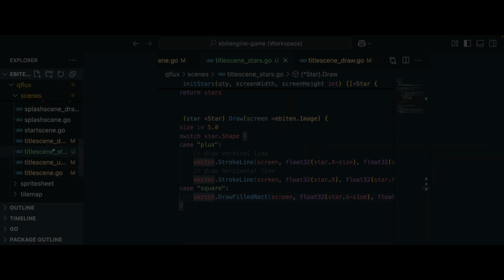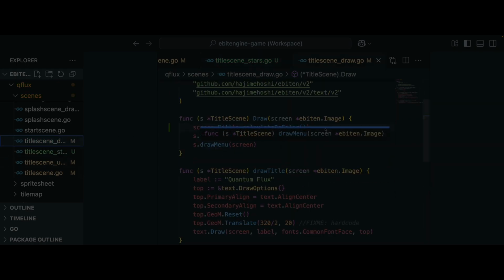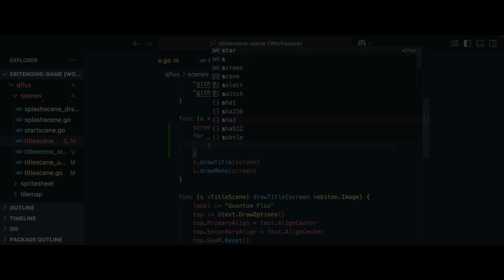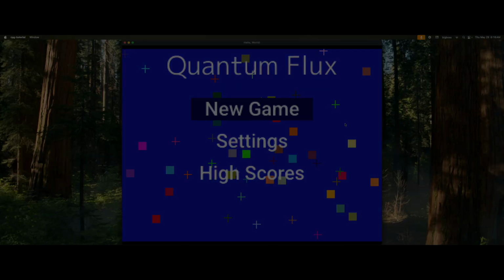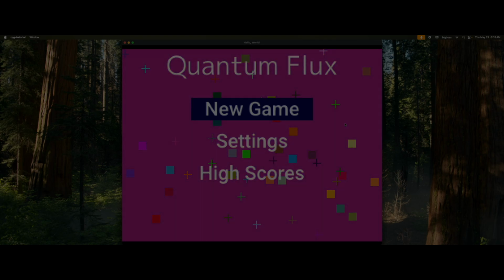Then, in my scene's draw method, I loop through each star and call its draw method. If I run the game now, I can see the stars being drawn on the title screen. You will notice that the stars are not moving yet, so I need to add some logic to update their